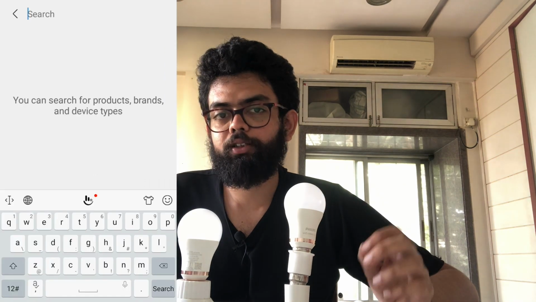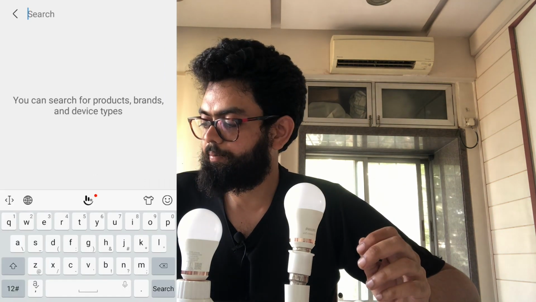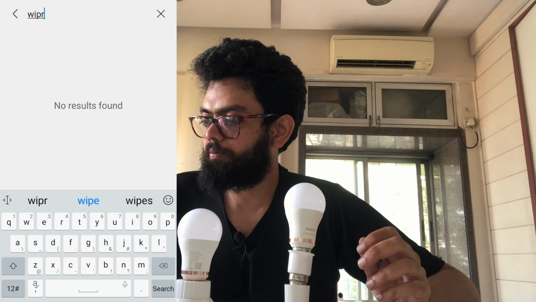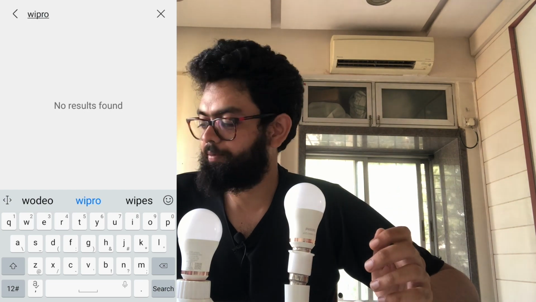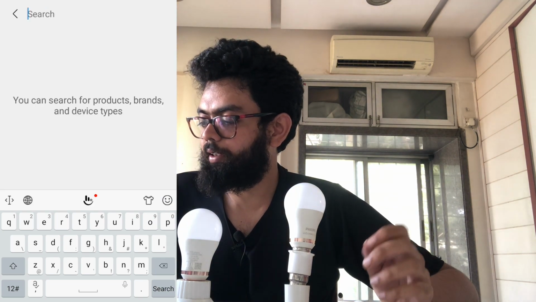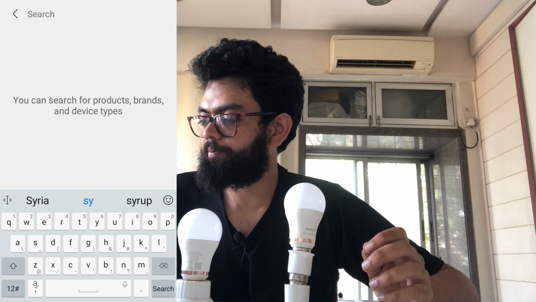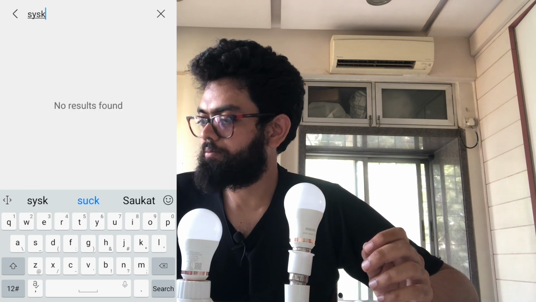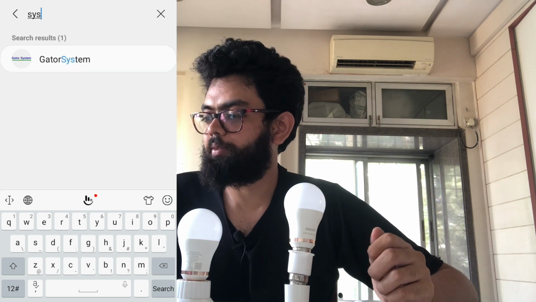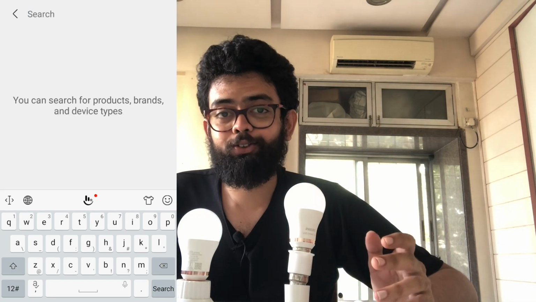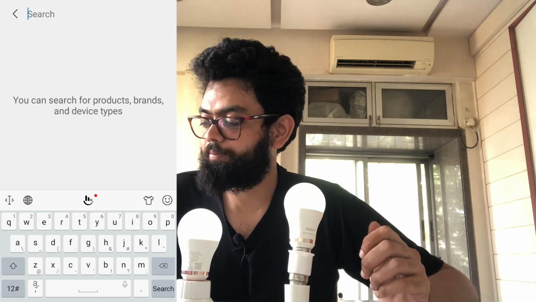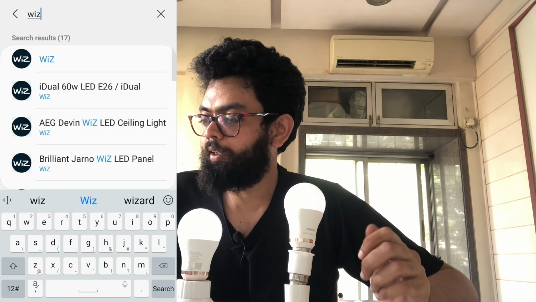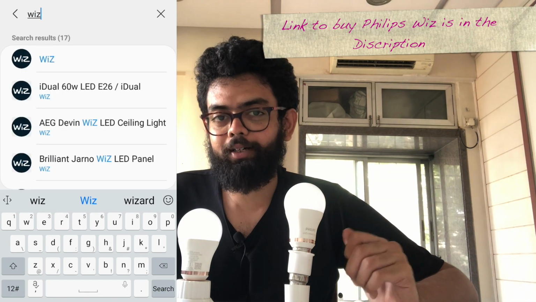So here we'll search for the Wipro light. So it's not compatible. Let's go ahead and search for Syska. That's also not compatible. So let's go ahead and check for the Philips Whiz. So as you can see, the Whiz light is compatible.